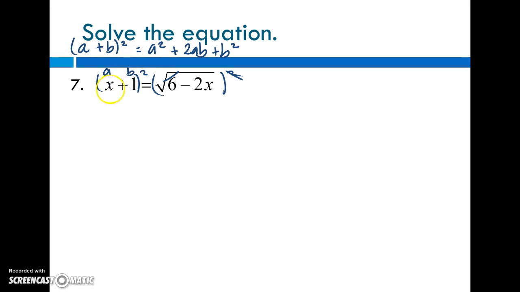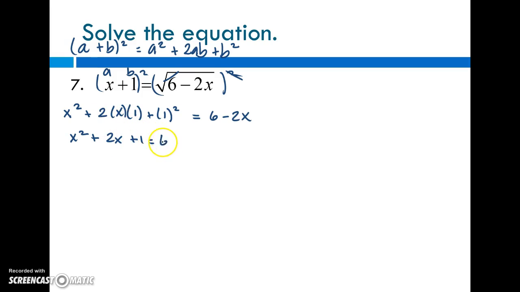So a squared, x squared, plus 2ab, plus b squared is equal to, now these we said cancel out, so 6 minus 2x. I'm going to go ahead and simplify my left side. I have x squared plus 2x, 2 times x times 1, plus 1 equals 6 minus 2x. Now I have an x squared and I have an x term, so like that previous example, I'm going to go ahead and get everything on one side. So I'm going to add 2x,